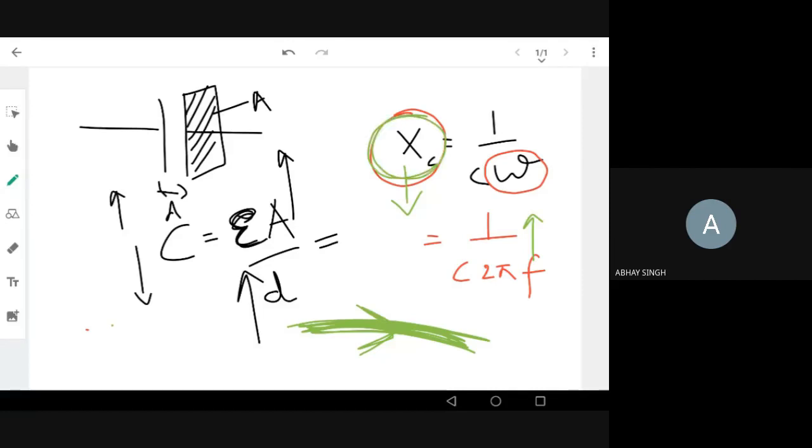Then we should know this impedance also will affect the phase shift, which you already studied in AC circuits. Phase shift: there is a kind of phase shift the capacitance gives to the voltage, which will make the voltage lagging and the current leading. Okay, so there's another equation relating to that. I don't remember that equation.